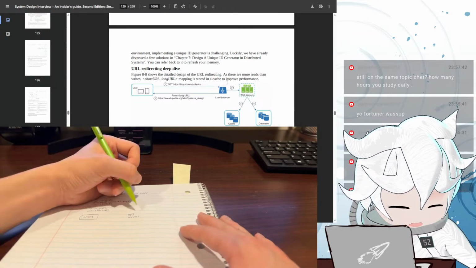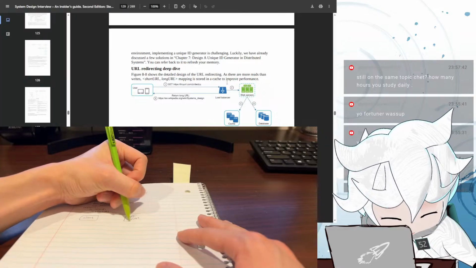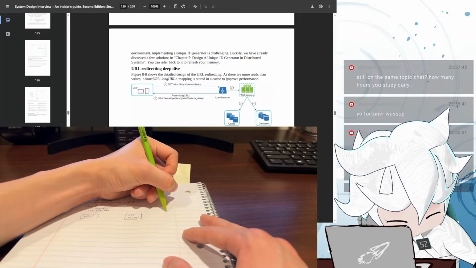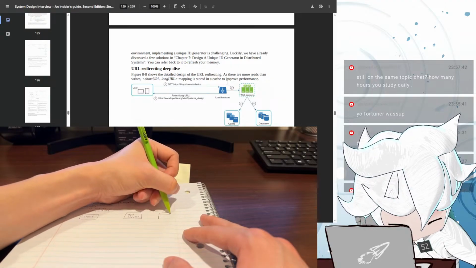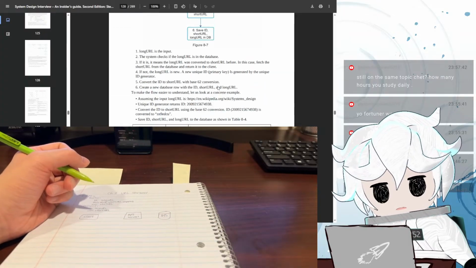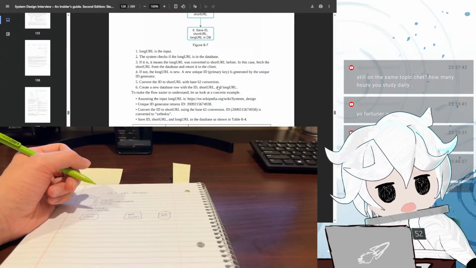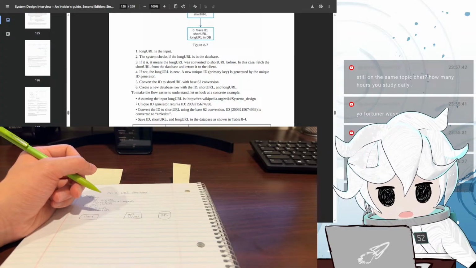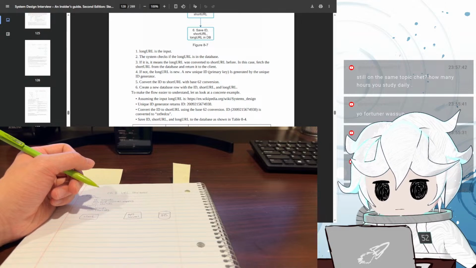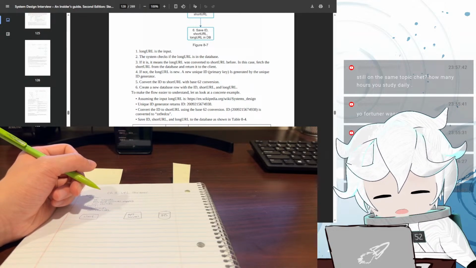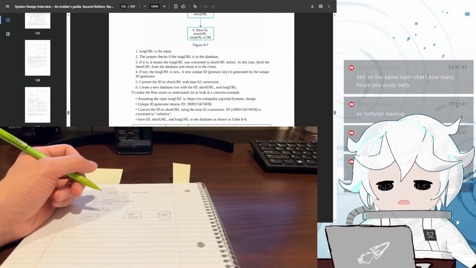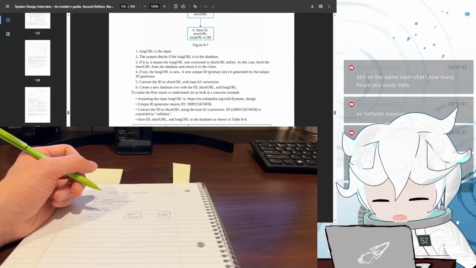I think I'm just going to draw out the main idea. The API servers, and there's a database. This is the DB that stores ID, short URL, long URL. I'm not sure why we need the ID. Why do we need an ID here? What use do we get from it?